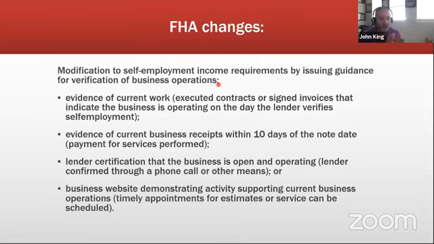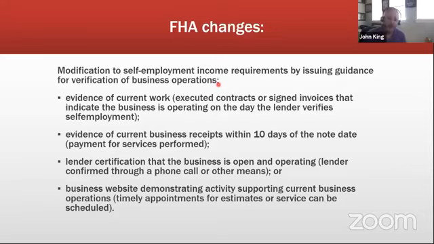Now let's think about this. The major impact of COVID started in March. The economic downturn and the mortgage meltdown, I don't know if I want to call it a meltdown, but the challenges we had started in March. It took 2 months for Fannie Mae and Freddie Mac to come out with their rules. And now here we are 2 months after that, or 4 months into this cycle before FHA is finally coming